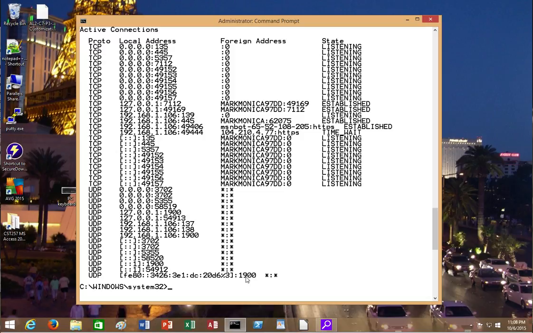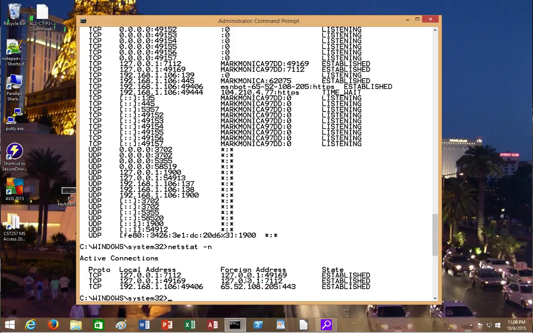Now, you can have it display IP addresses instead of names. So if I specify netstat -n, now everything under foreign address shows up as an IP address. So you can see 127.0.0.1 is coming back to 127.0.0.1, and that